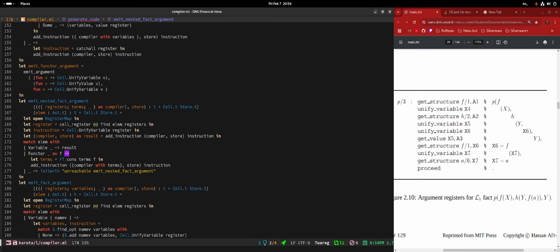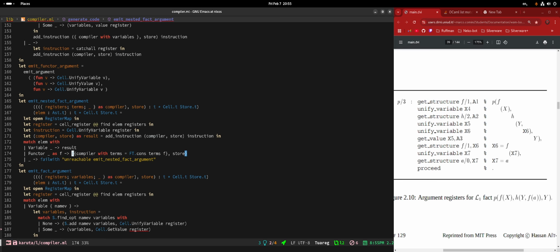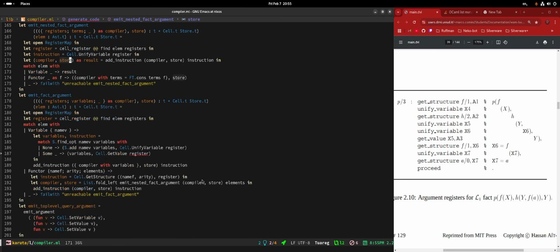In here, this is just result with terms, I guess. Well, in that case, I'm going to inline that compiler with terms. Boom. There it is. Okay, that was not so bad.